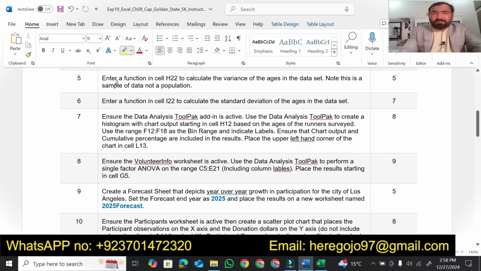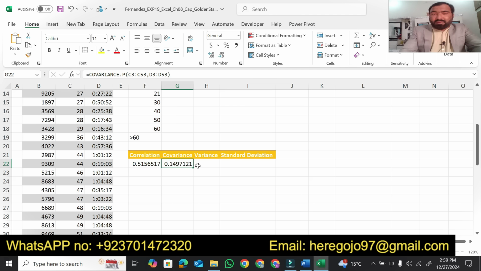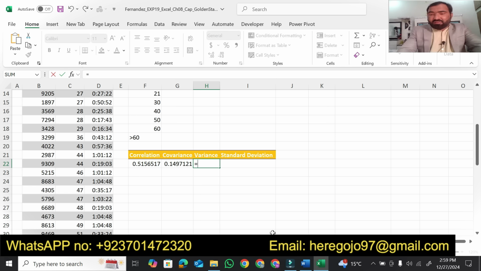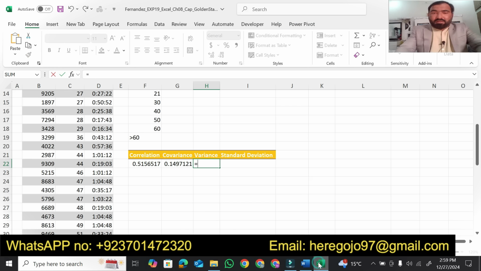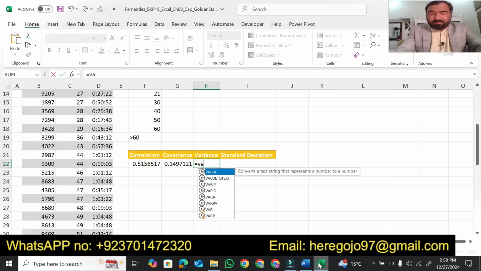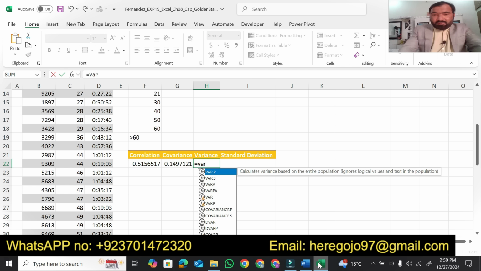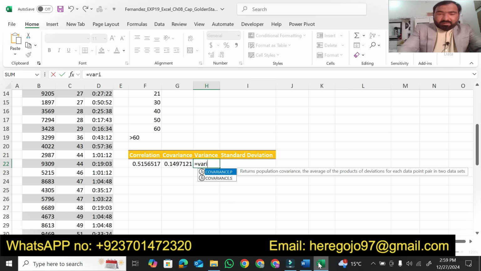In question 5, we have to enter a function in H22. This is H22, you may see we have to put a function here. What function do we have to use? We have to use a variance function. So equal VAR. There is variance.